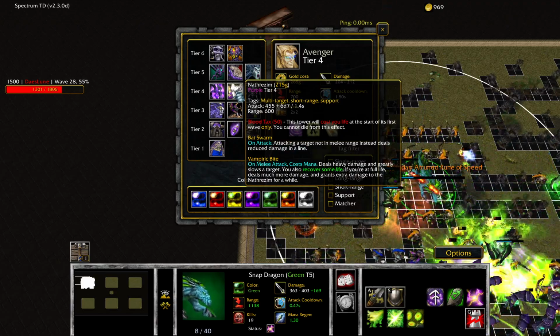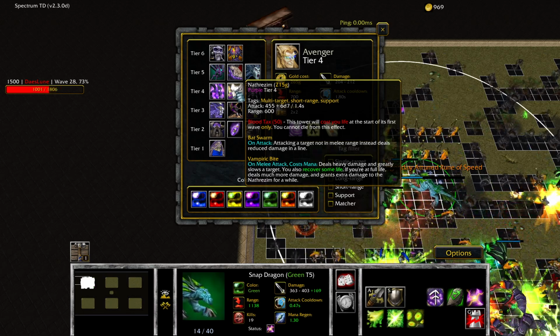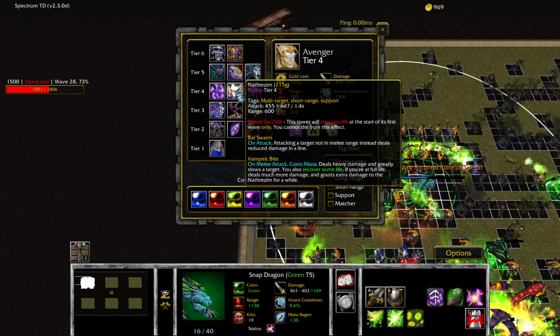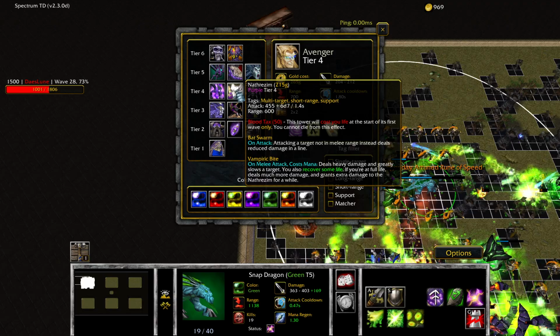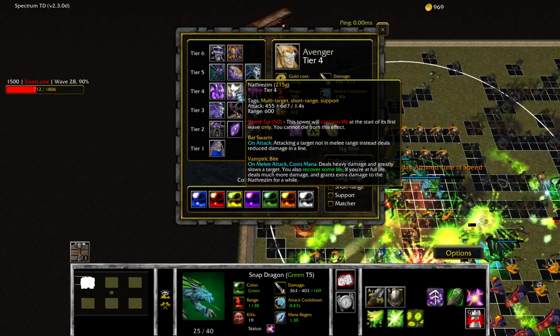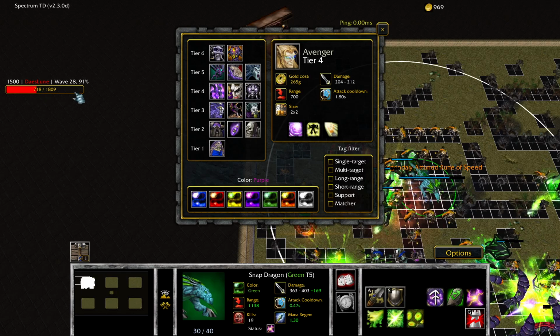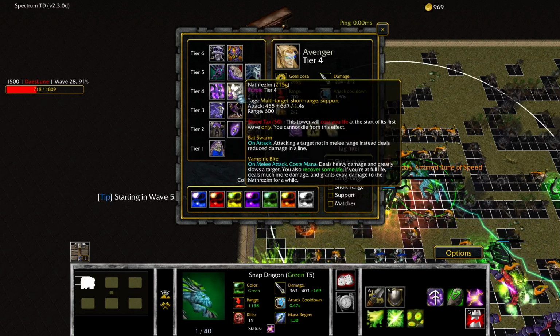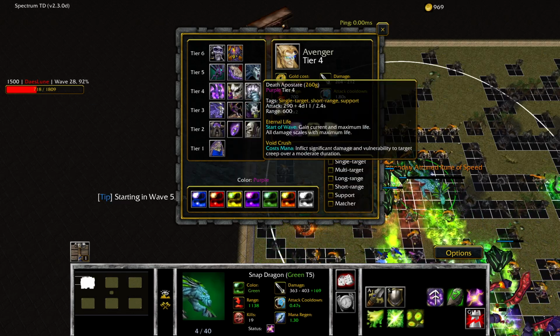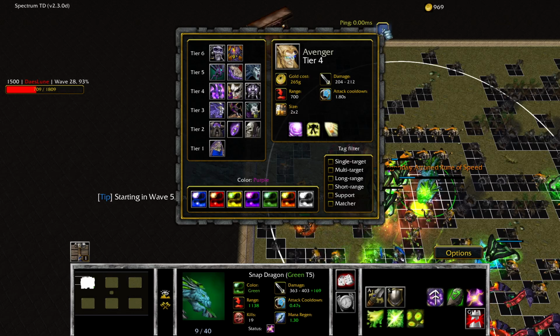So this guy is pretty useful if you spam him and you have some good color runes on him. You can recover a lot of HP. You have a maximum amount of HP you can regenerate per round, which is, I think, 25% of your maximum HP. So the higher your max HP, the more HP you can regenerate per round. Death Apostate gives you current and maximum life and skills with,